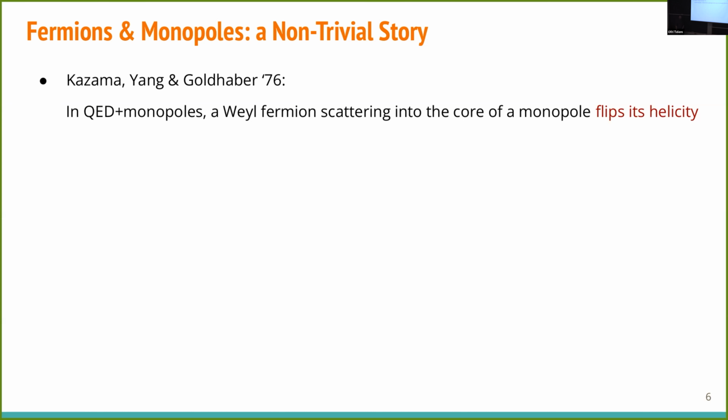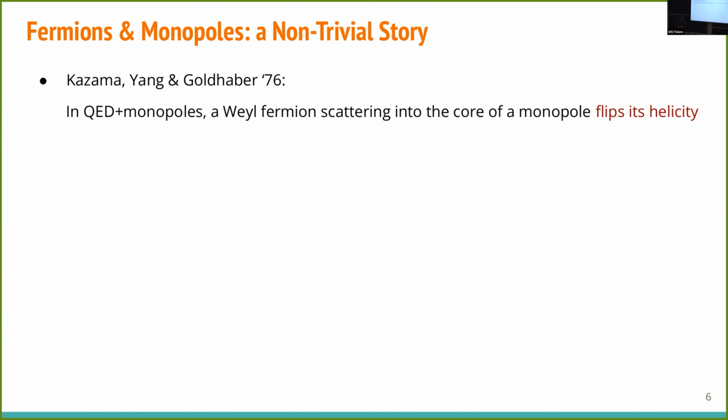Just for the ignoramuses, what's a one-form symmetry? I don't really want to get into that in this talk because it's really far removed from the topic of the talk, but I'll be happy to discuss this. The example of that is center symmetry in QCD. That's a classic example.